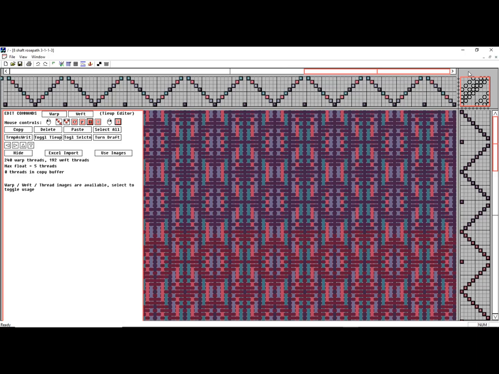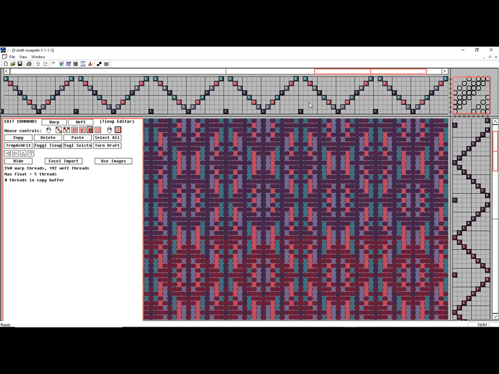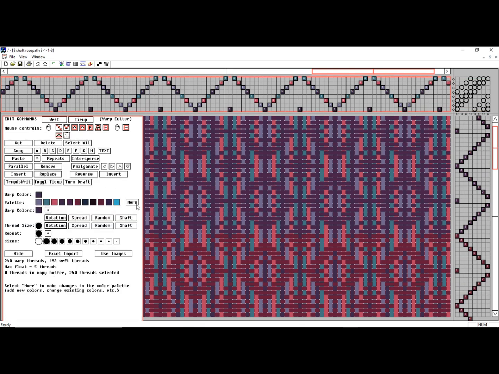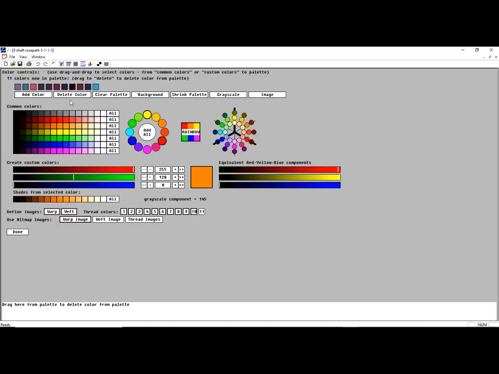This is a description of the Quickdraw Weaving program's ability to display a drawdown using a gradient warp and/or gradient weft. Now this is a conventional pattern where each of the warp threads is shown in a fixed color. This is normal processing. This is the standard WIF file format. Now if I go to the color menu,